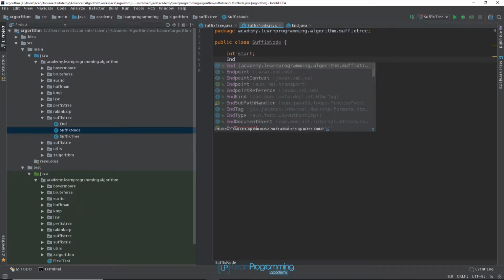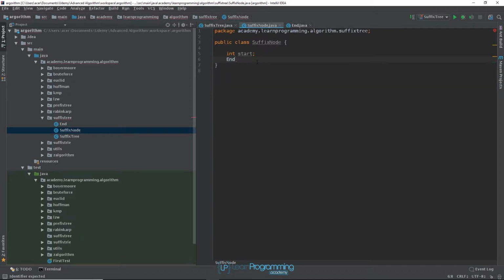So we are going to create the end in our suffix tree class, and this end will be carried over to our nodes, and once you change it in here, all the nodes will change, unless that node has an end which is not pointing to the node we have in the suffix tree. Alright, so we're going to say end,